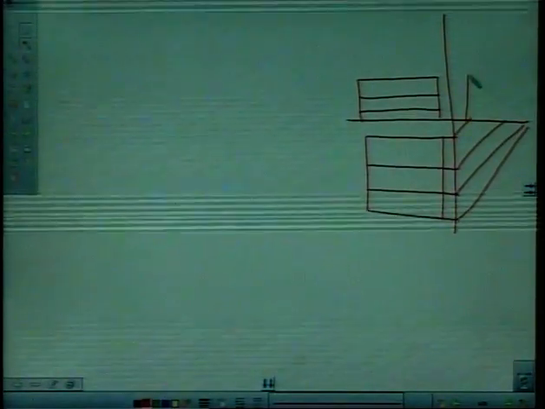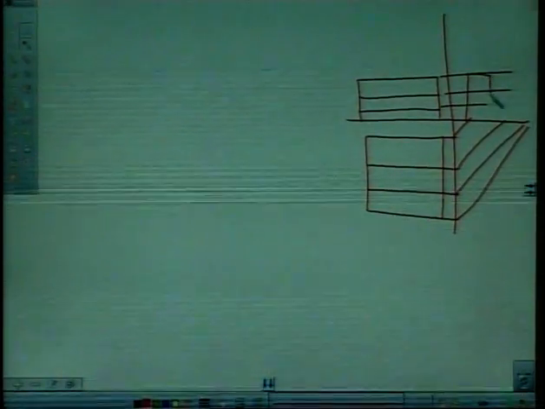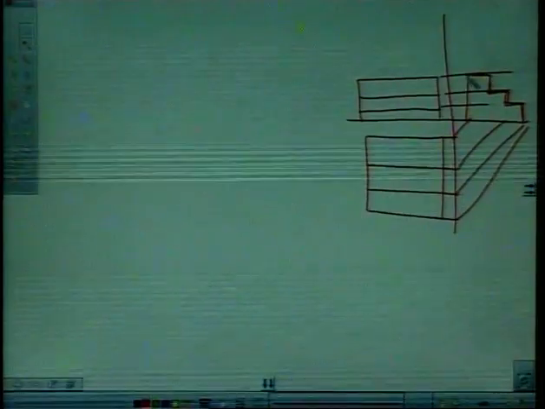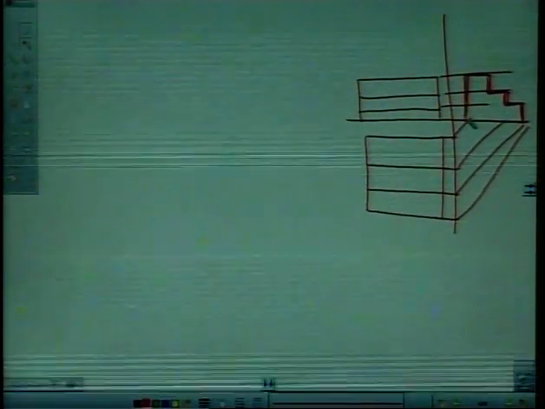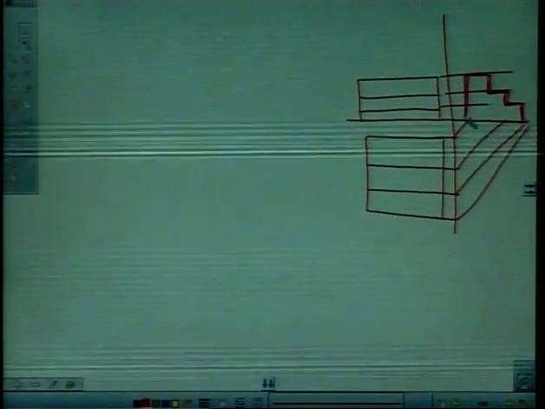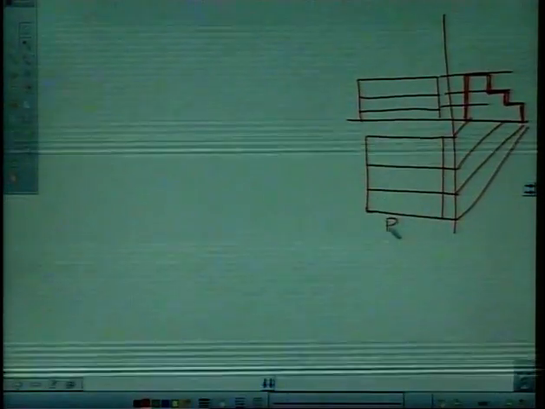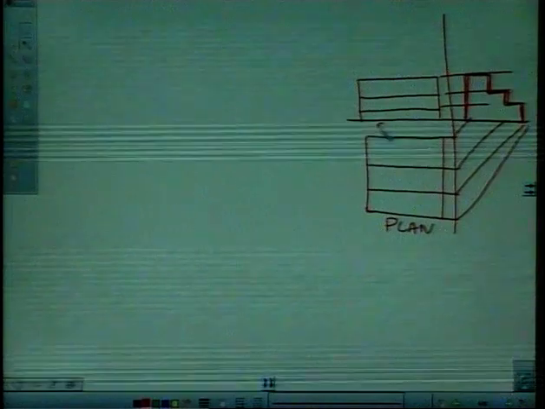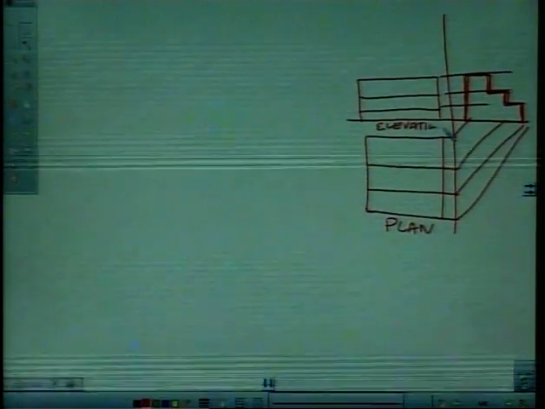I am quickly drawing, as we all know what are these drawings. Say, right. See, this is plan of steps, this is elevation of steps, and this is side elevation